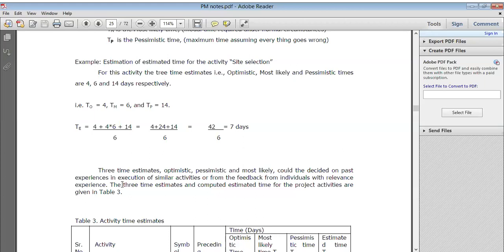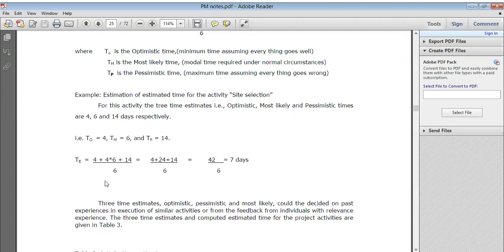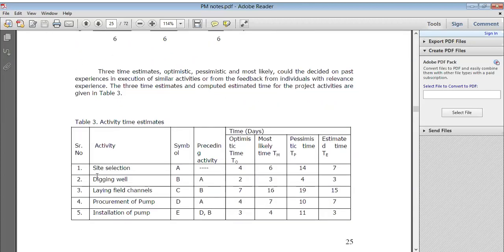So our formula is for the total estimated time: TO is optimistic time, TM is the most likely time, and TP is the pessimistic time. So it is 4, 6 and 14. 4 is the optimistic time, TM is the most likely time, and TP is the pessimistic time. Here we just put the figures in that formula and we get the answer that it is a total of 7 days, right? So total 7 days we require to complete that project,